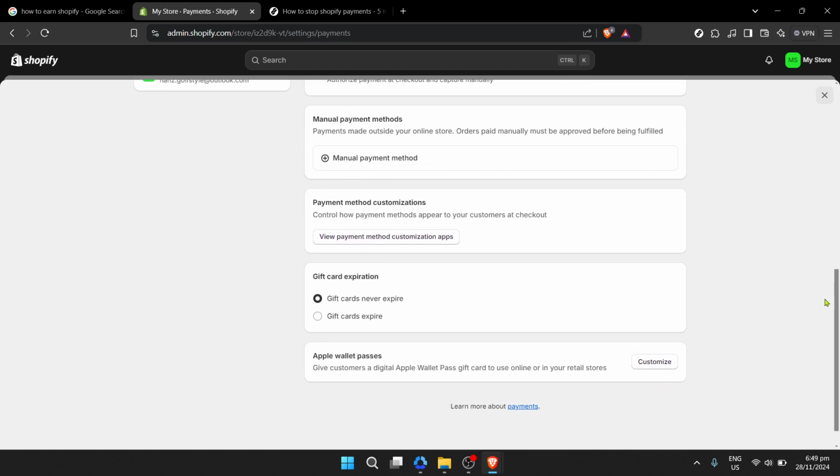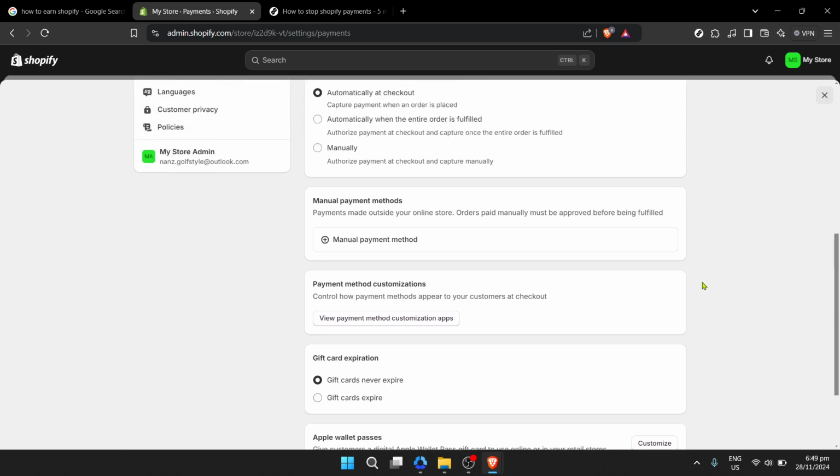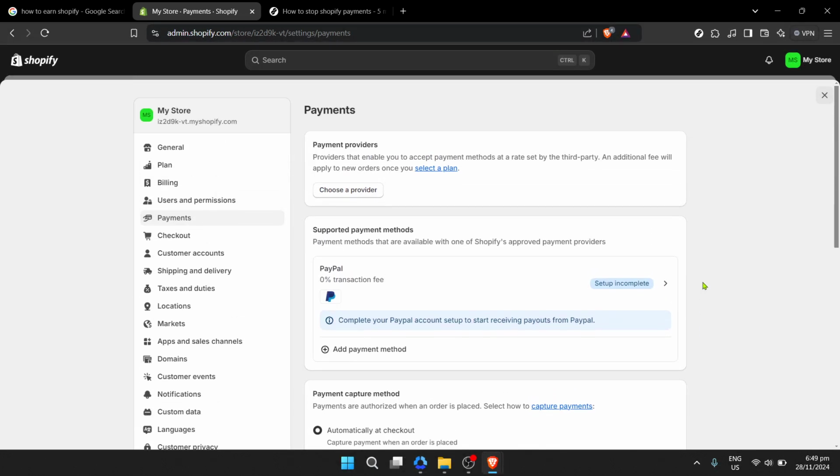The exact process for deactivating may vary slightly depending on your specific setup and whether you have any outstanding balances or obligations under Shopify payments. However, the interface is designed to guide you through the necessary steps to pause or stop Shopify payments effectively. By following the steps outlined, you're ensuring a careful approach to modifying payment settings on your Shopify store.